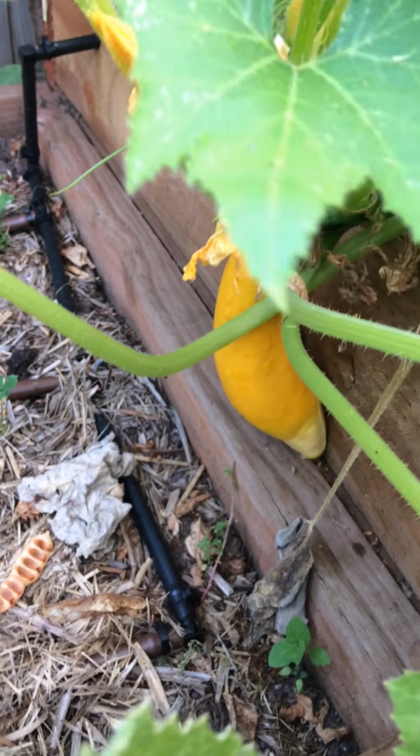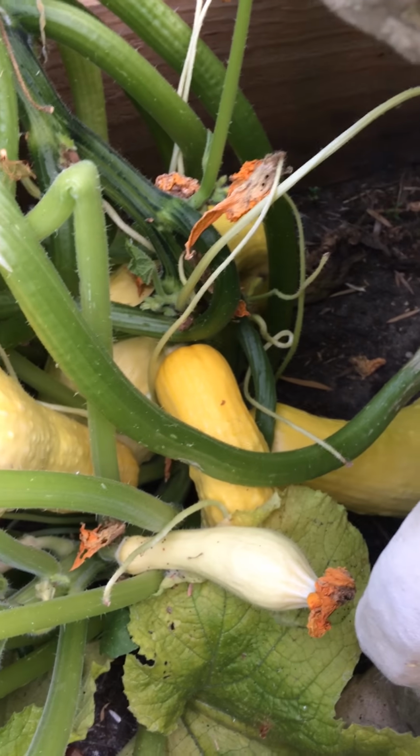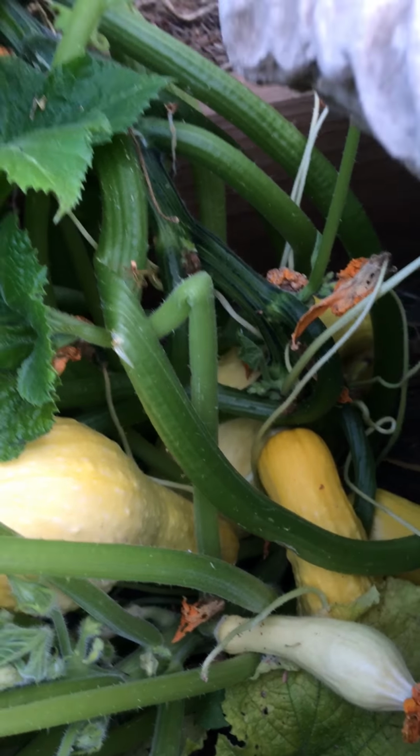Got some golden zucchinis here, and we've got more down here. Excuse the phone cords. Got more down here, which have kind of gone crazy, so I'll probably get a few kilos of those